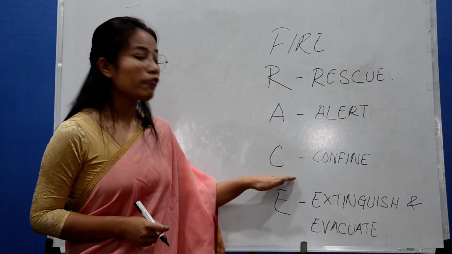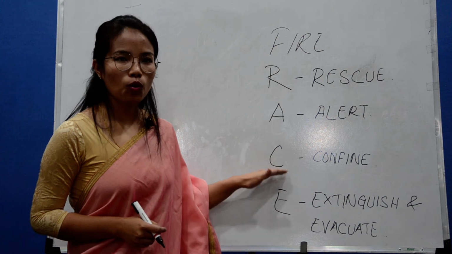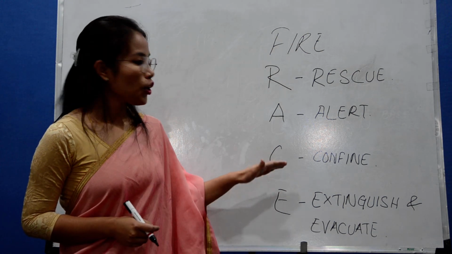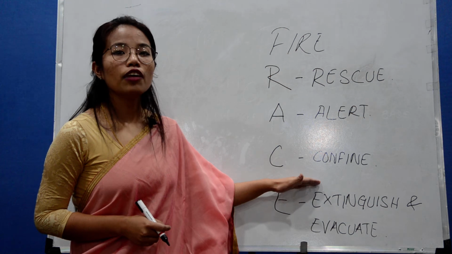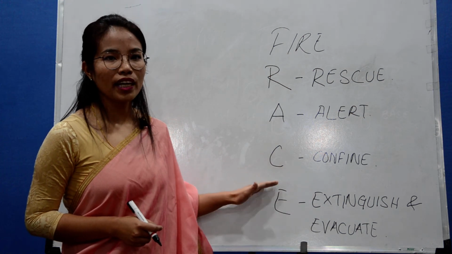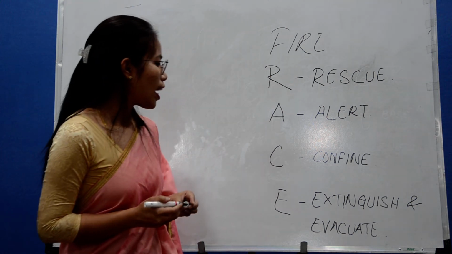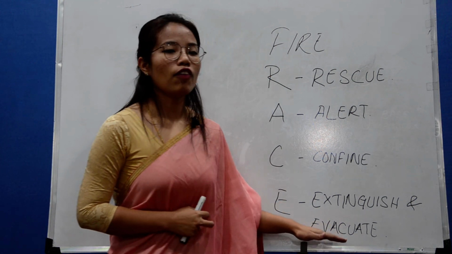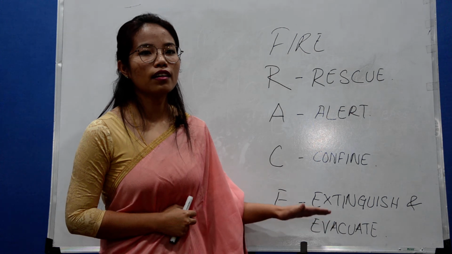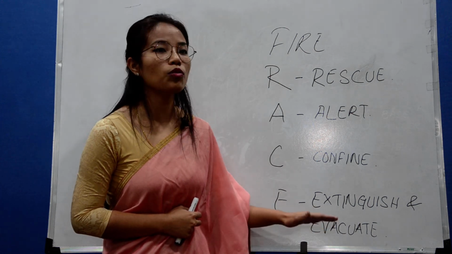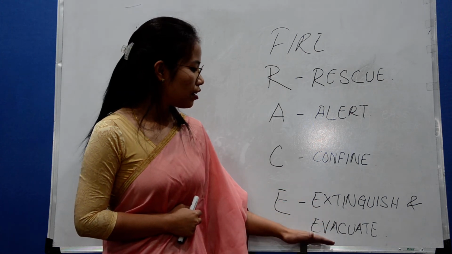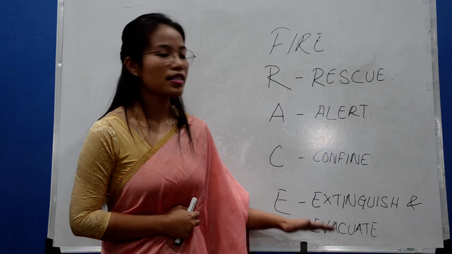Extinguish means if it is possible and if you know how to extinguish the fire, you can extinguish it. If you can't, please stay away from the area and wait for the person who can do it. And another one is evacuate. You have to help the customers as well as the guests to evacuate the hotel when there is an announcement